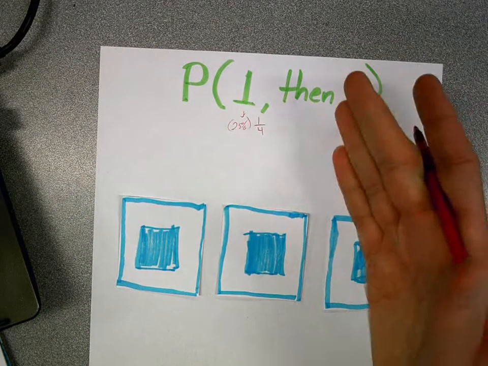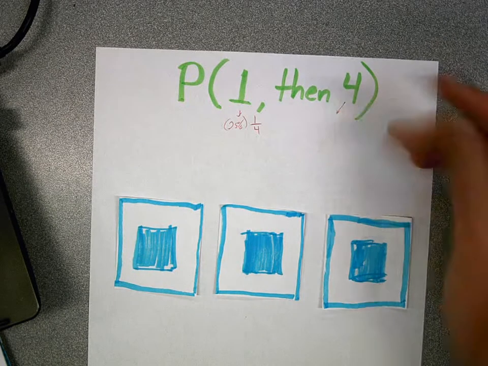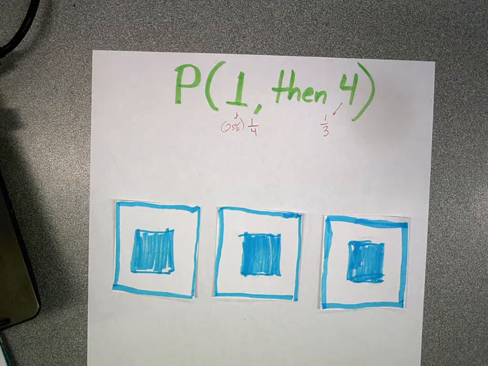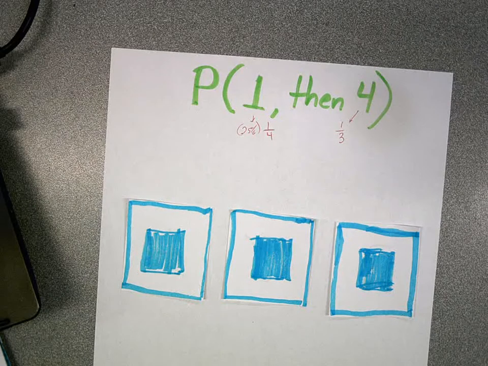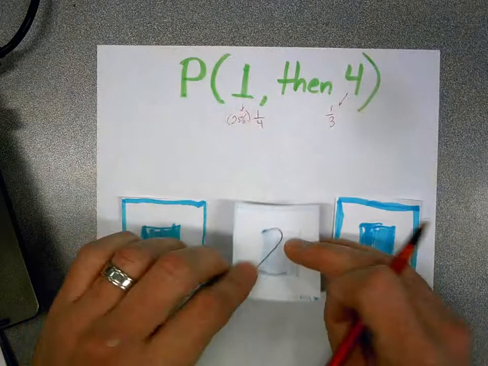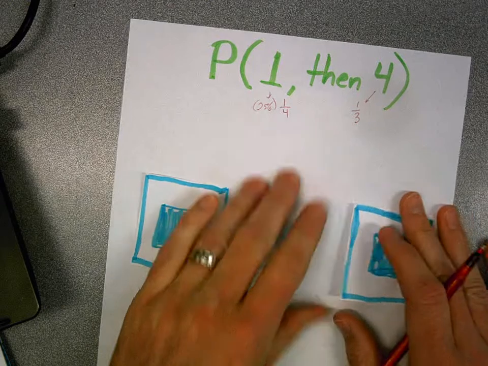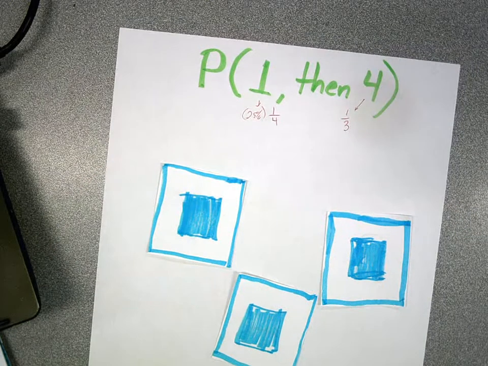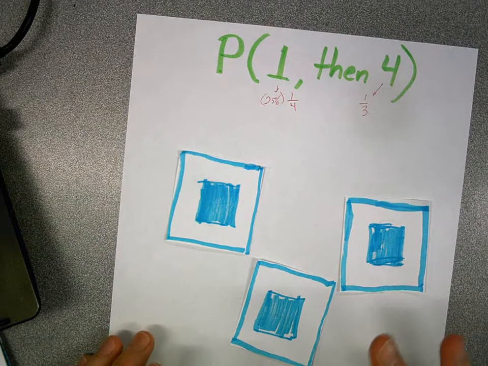Still trying to choose the 4. Let me ask you guys, what is our chance of choosing a 4? 1 of 3. 1 of 3. All right, who wants a shot? Middle, let's try it out. Oh! All right, so you had a 1 in 3 chance, all right? Unlucky. So, ladies and gentlemen, what you guys just experienced was the difference between an independent and